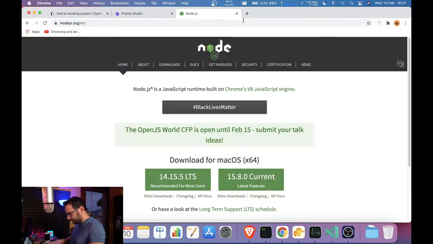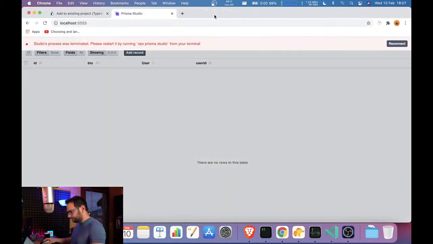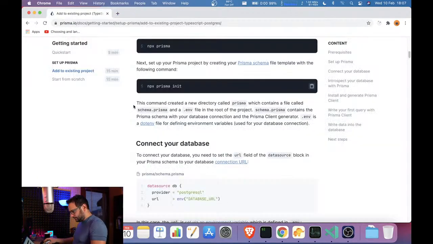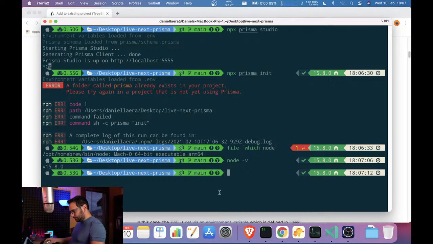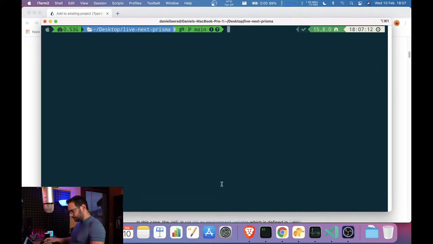Seems to be the latest version on the website as well. So it's the native for M1. This is great. It's pretty fast compiling.